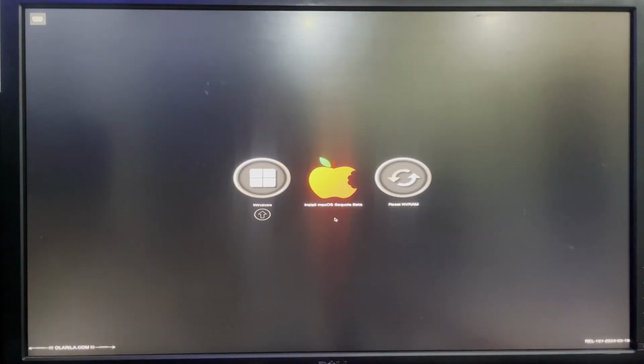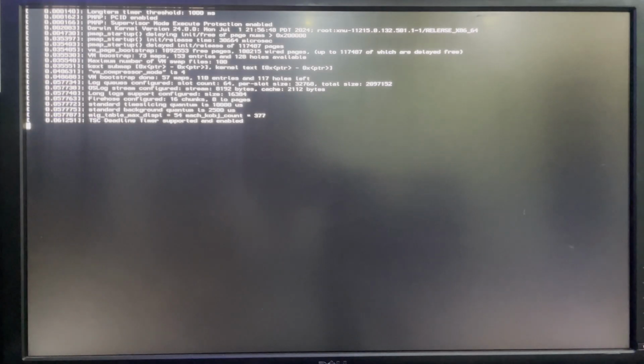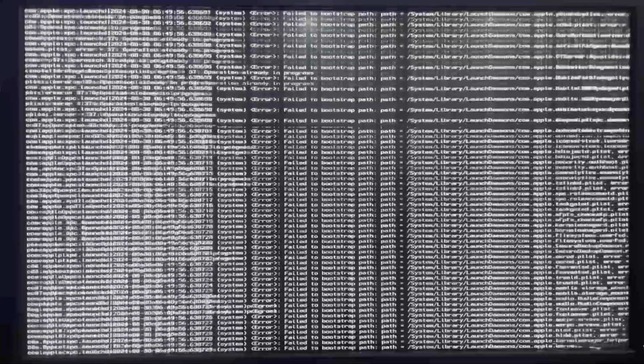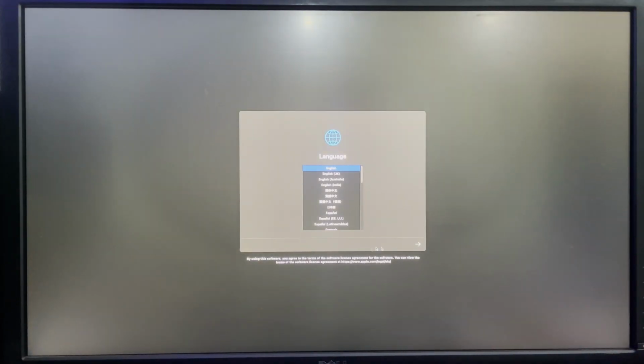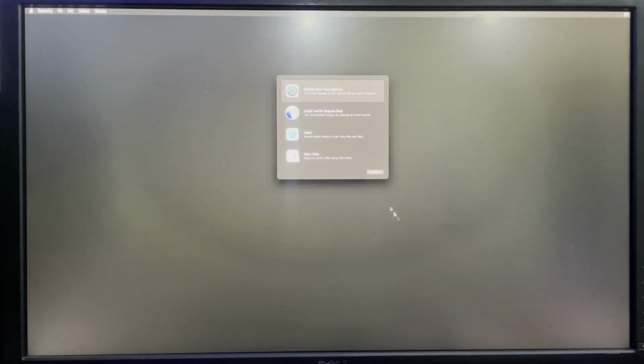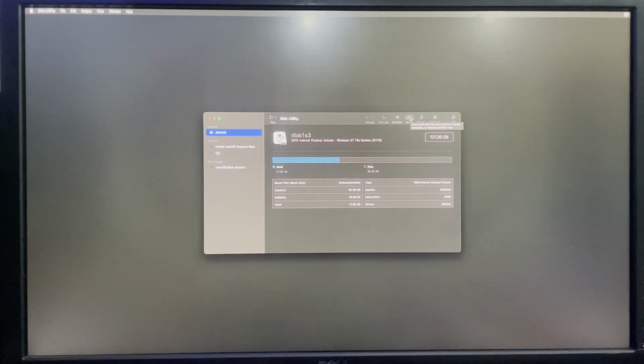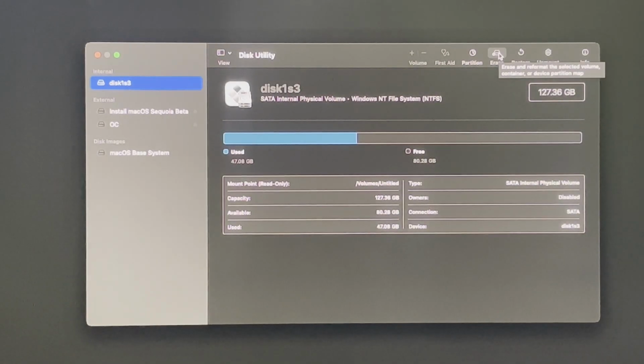First, select reset NVRAM, and then next we install macOS Sequoia. Now select a language and continue. Go to disk utility so we can erase the drive and then install macOS. Now if you look up there, you should find our hard drive right there. Now we're going to click on it and then erase,